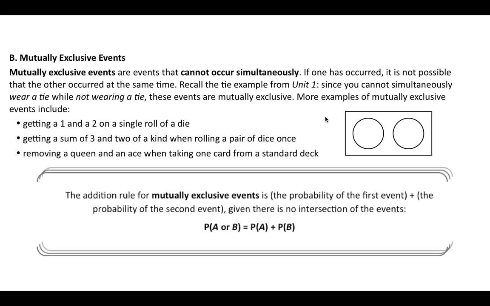the probability of the first event and the probability of the second event, and there's no intersection, we add these probabilities together. And again, it's linked to this word "or," right? So the probability of A or B is equal to the probability of A plus the probability of B when events are mutually exclusive. So if you can't picture any situation where your thing could simultaneously be both of those conditions,